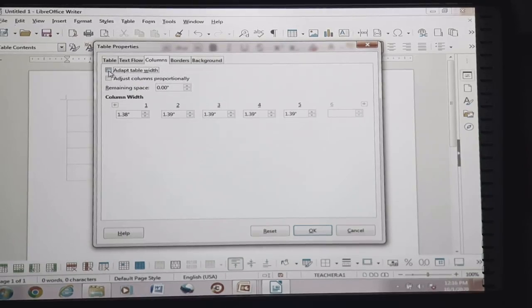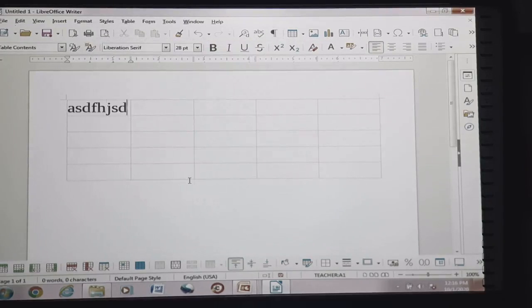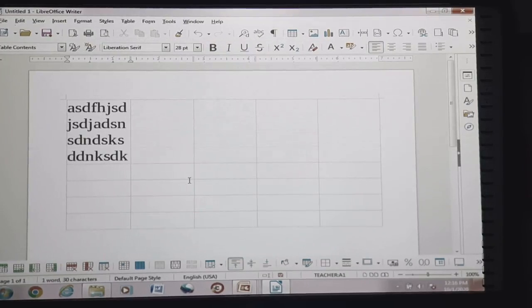See, adaptable width. Okay, if we press this adaptable width, then let me see. Now I am going to insert. Width is getting adjusted, but here length is not getting adjusted.